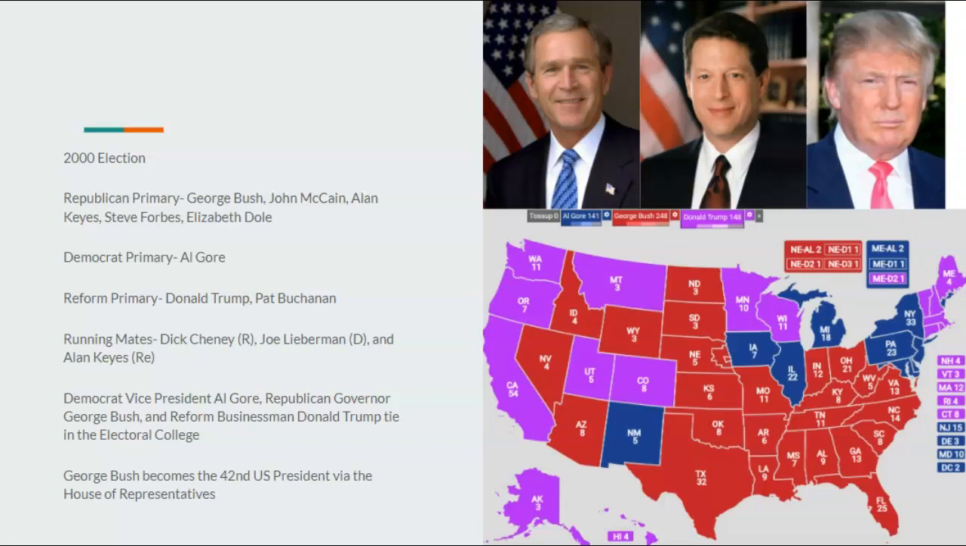But in the end of the day, in the House of Representatives, George Bush would become the president via the House of Representatives, and Joe Lieberman would be the vice president via the Senate. So,